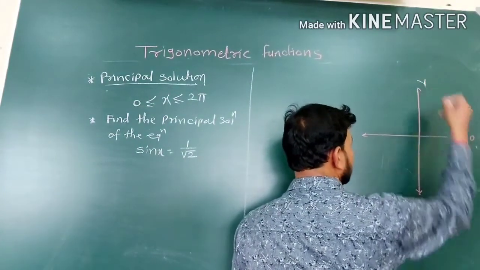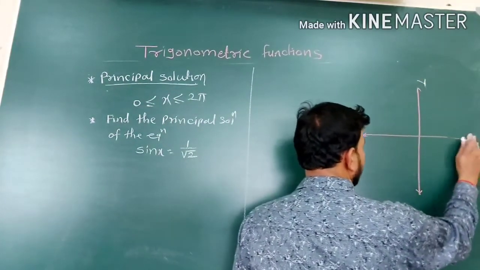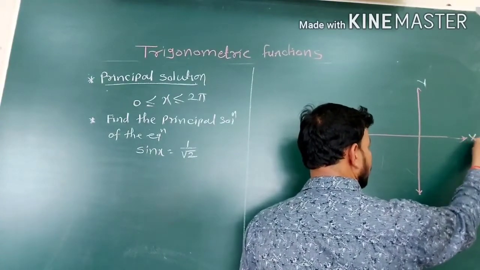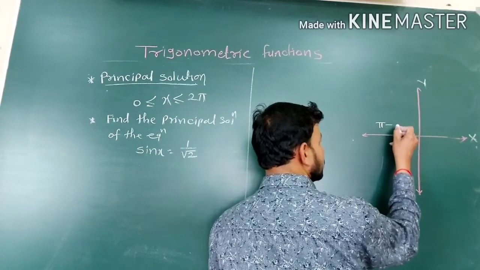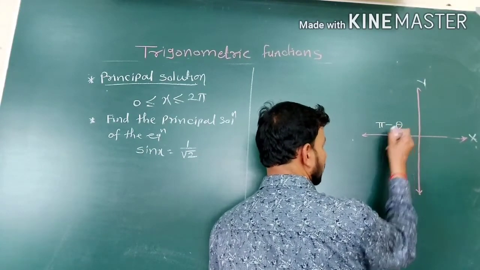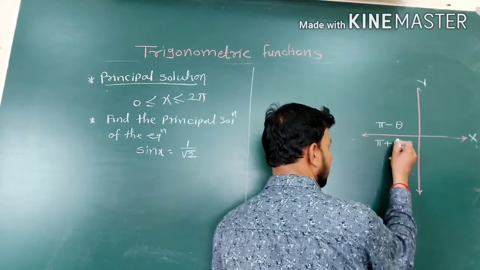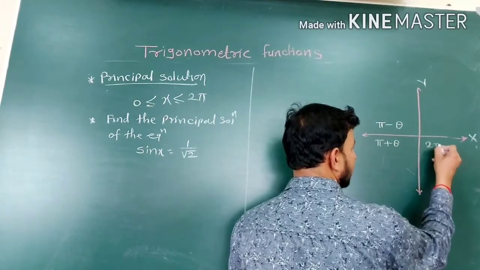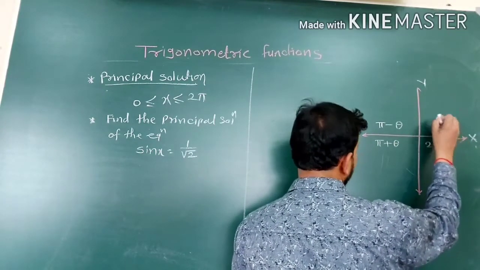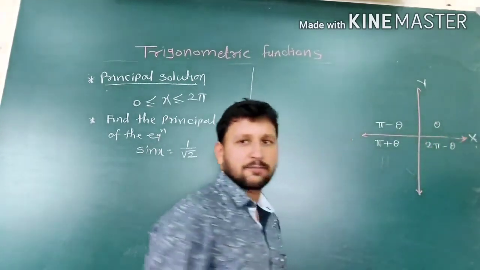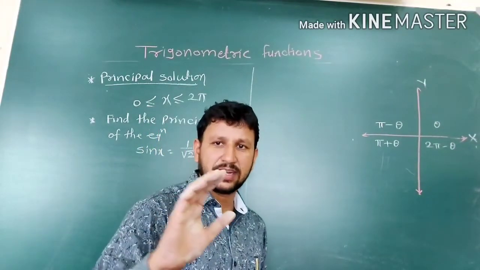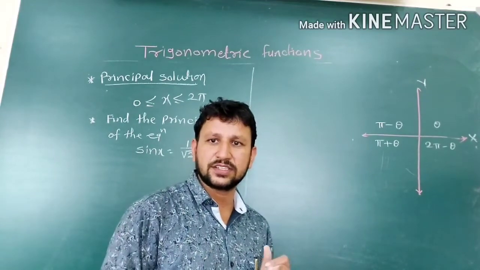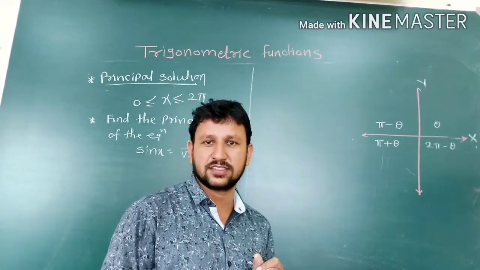Already mentioned that if you are taking allied angles, they should be taken as multiples of pi. That is, second quadrant pi minus theta, third quadrant pi plus theta, fourth quadrant 2 pi minus theta, and first simply as it is, theta. You have to use this formula compulsorily because the trigonometric function does not change. Functions remain the same as it is.